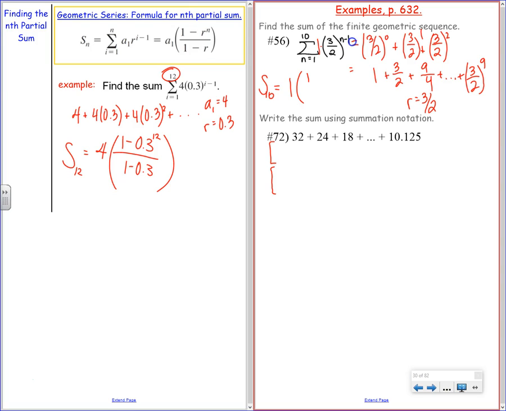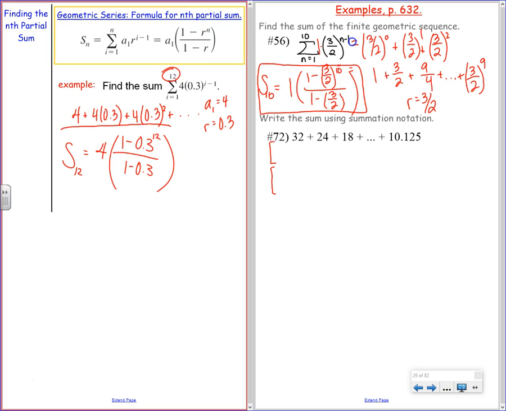1 minus, right? So 1 minus 3 over 2 to the power of 10 all over. Am I going to do this one by hand? Probably not. To the 10th power is really nasty. But you're learning how to use the formula. So we would plug that into our calculator and solve. We're going to see what these decimals are in just a moment, but first of all, let's go ahead and